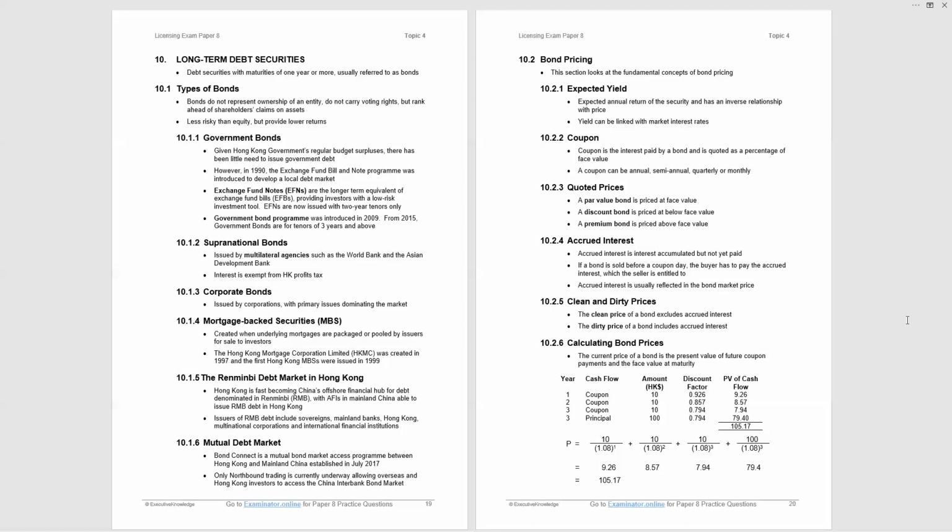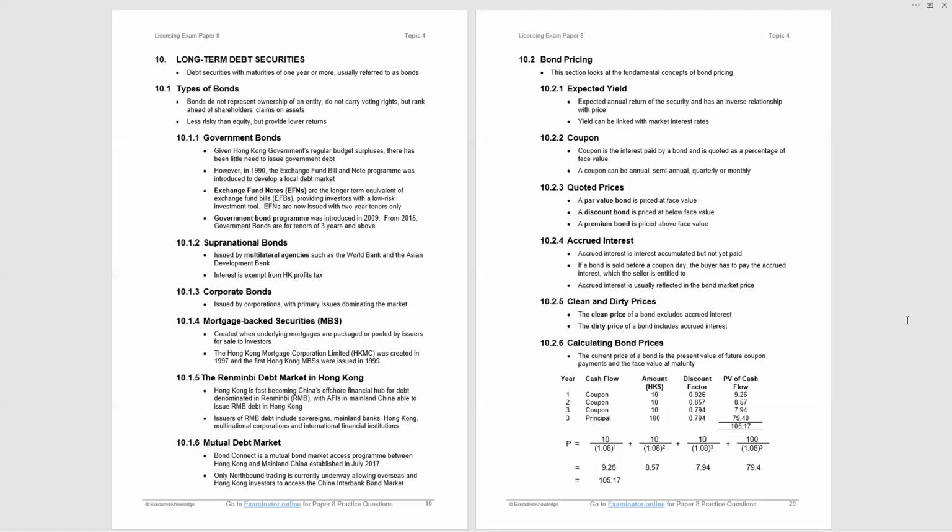Thirdly, a premium bond is priced above face value, and that is where the coupon is greater than the yield. Now, the way to think about this is, okay, you get a coupon on a bond. If the coupon is greater than the current interest rate in the market, that's attractive. So you will pay more for it. You will pay more than the face value. You'll pay above par value. But if the coupon is less than the interest rate in the market, the yield, that's not so attractive. So you're not going to pay as much. You're going to pay less. That is the way to think about it. Those relationships are worth a question.